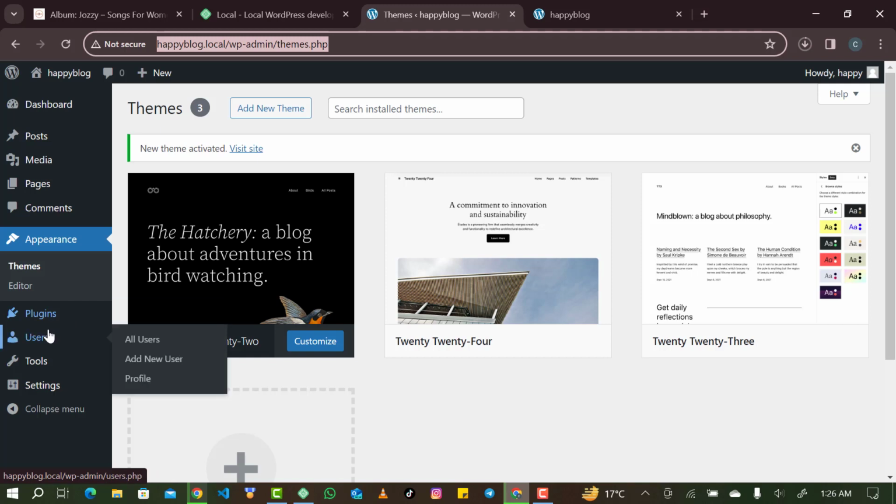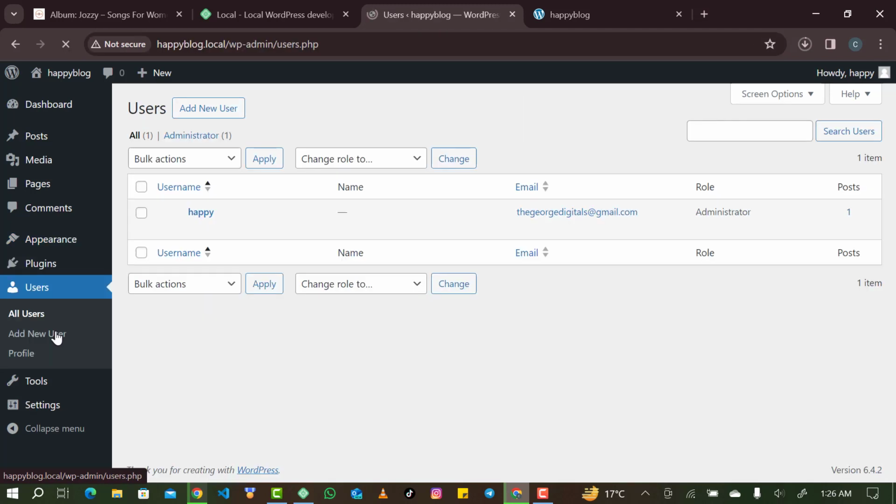Right now, the next thing is users. So let me click on users. I'm just trying to guide you here so that once I start coming here, you understand. Once you click on users, you can add a new user and the rest. Once you come to users, you can click on this. This is me, happy, right? Happy is the username I'm using creating this. So the next thing is add new user, if you want to add a new user, and the next thing is the profile. Once you click on profile,